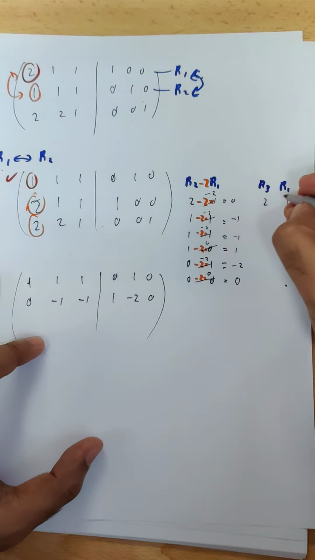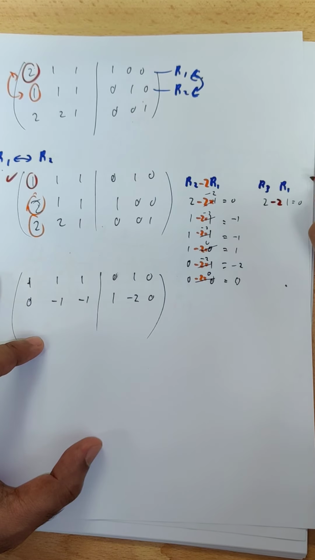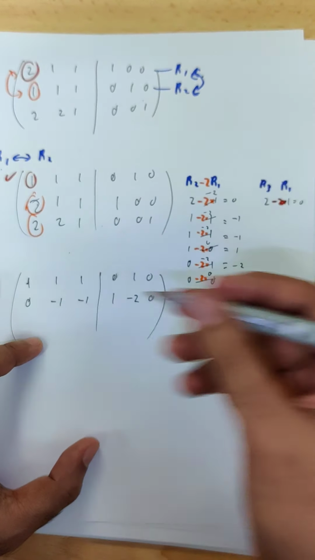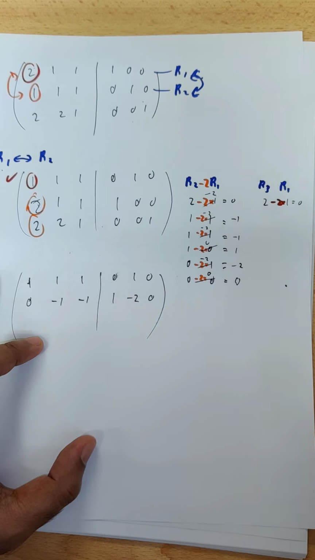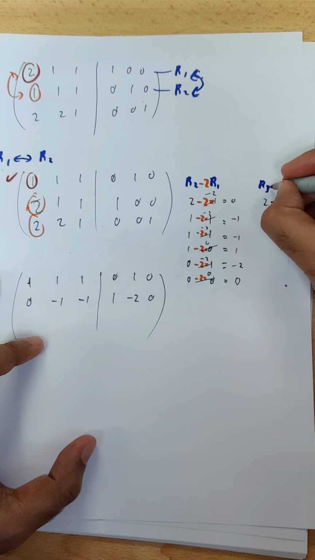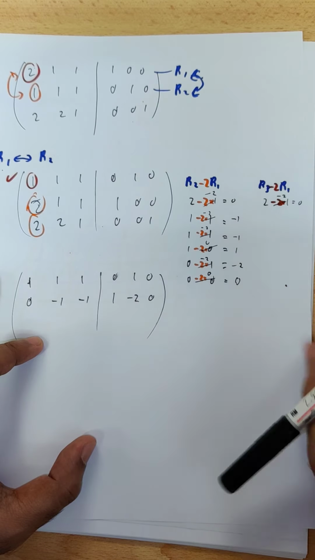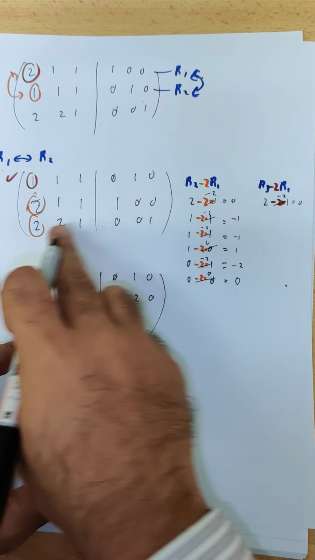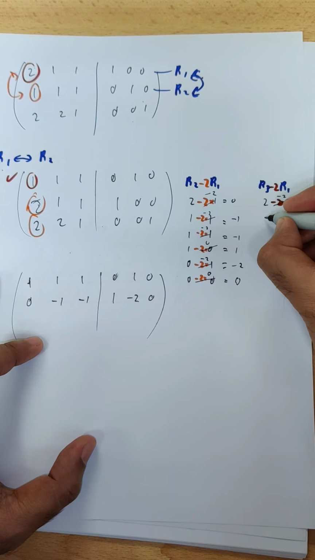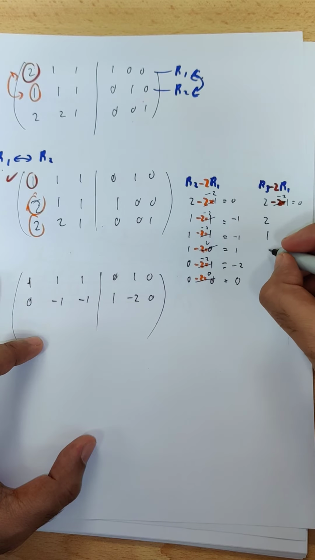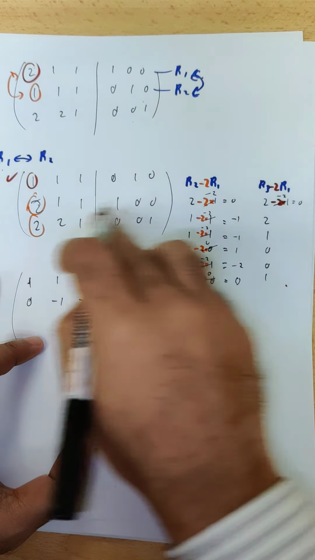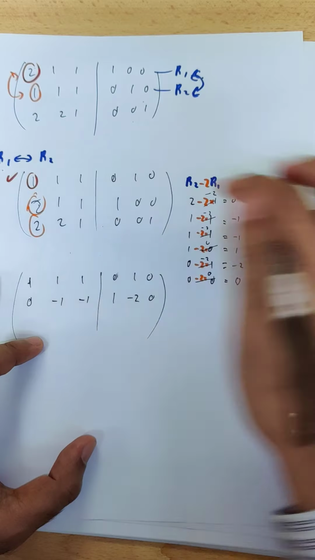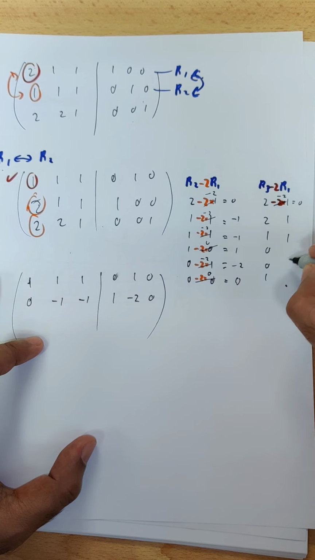Well, same things, minus 2 times. Ooh, I'm using red this time. Well, it's okay. So minus 2. Same thing. Apply minus 2, just for calculation's sake, to avoid careless mistakes. So row 3, just copy back the other numbers. 2, 1, 0, 0, 1. And you copy the numbers in row 1. 1, 1, 0, 1, 0.